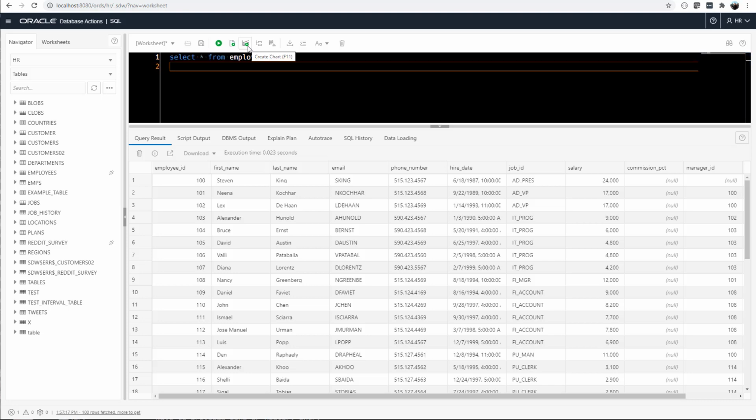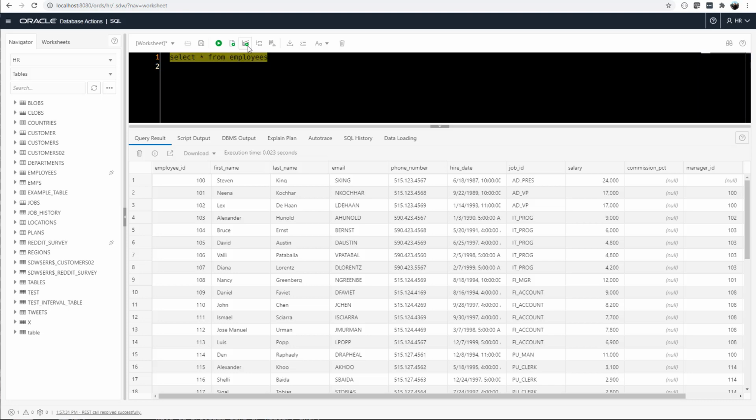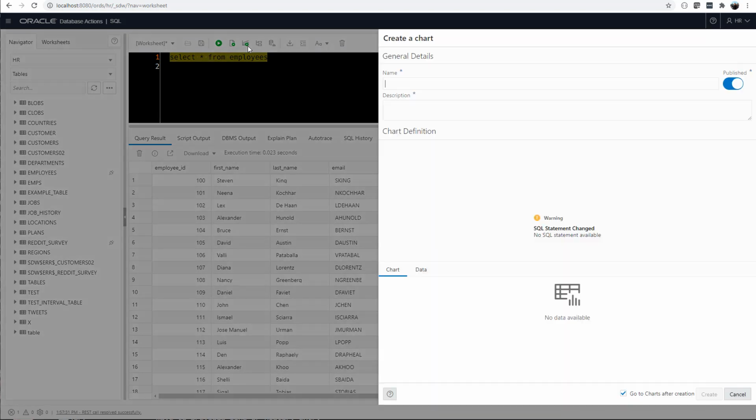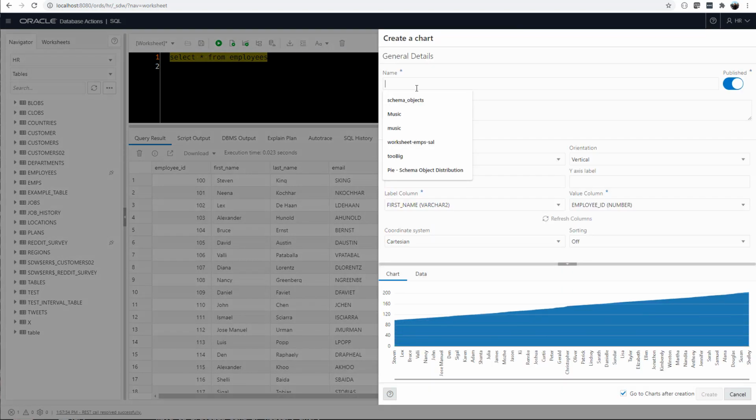So I've got this button here, create chart. So I can create a chart called, I don't know, salary by department. Sums up how much money people make by their